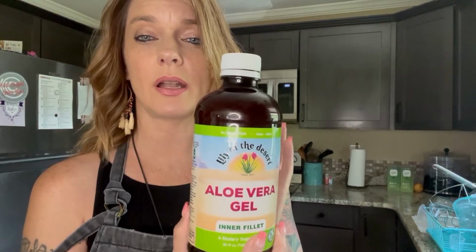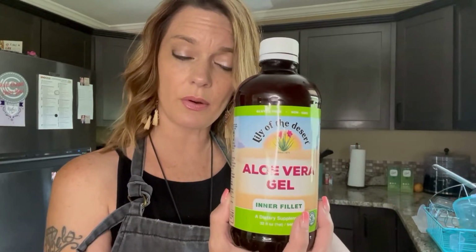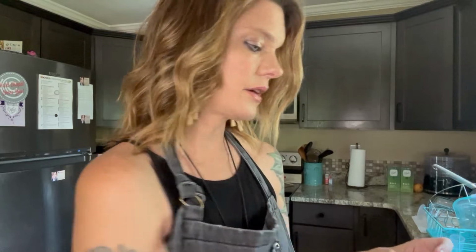And another thing, which we're almost out of, so I have to order this on Amazon, and I will actually include a link to this. Hopefully I can still order some, because this is what helps the other ingredients emulsify together. It also helps your hands not to dry out. Since making our own sanitizer, we have not experienced really dry hands, and I think this is one of the reasons why. So you're going to get aloe vera gel, and then we'll do water, and then the final ingredient is this On Guard